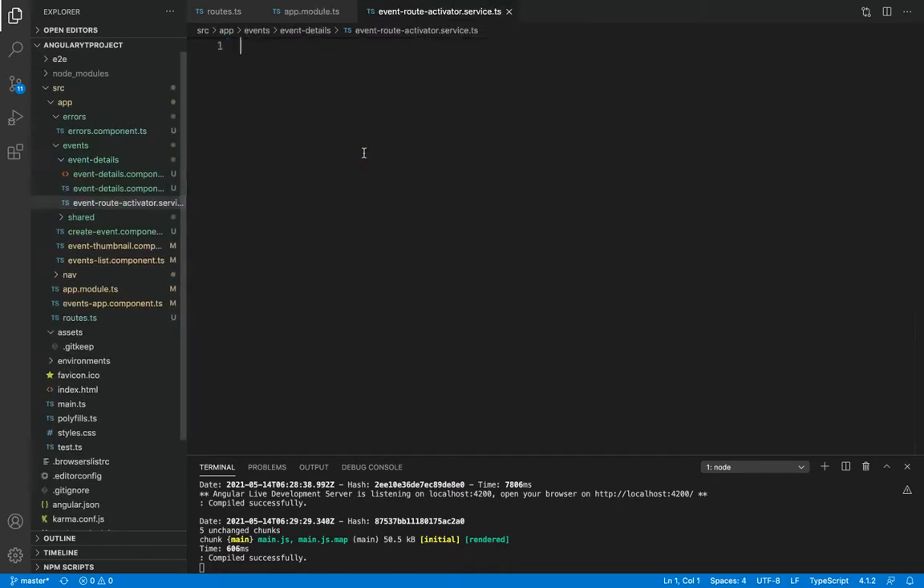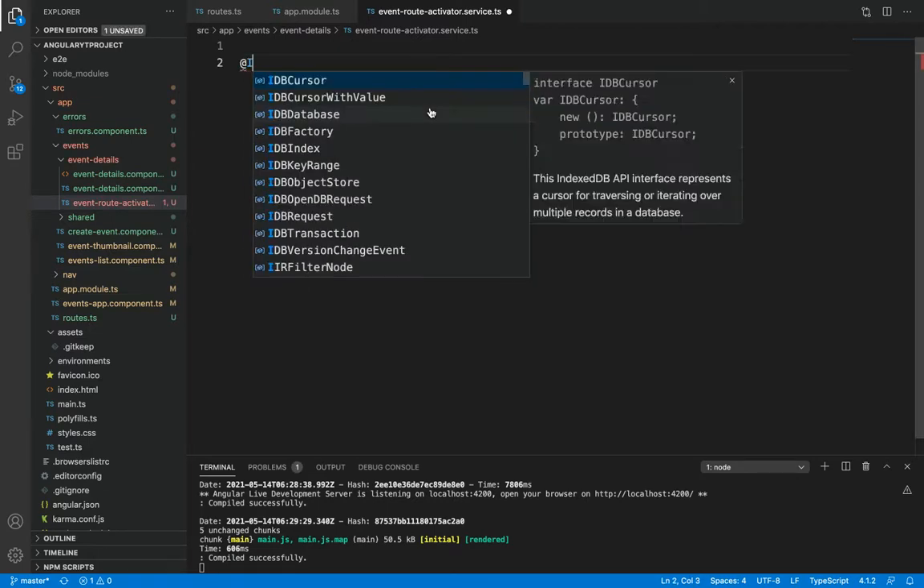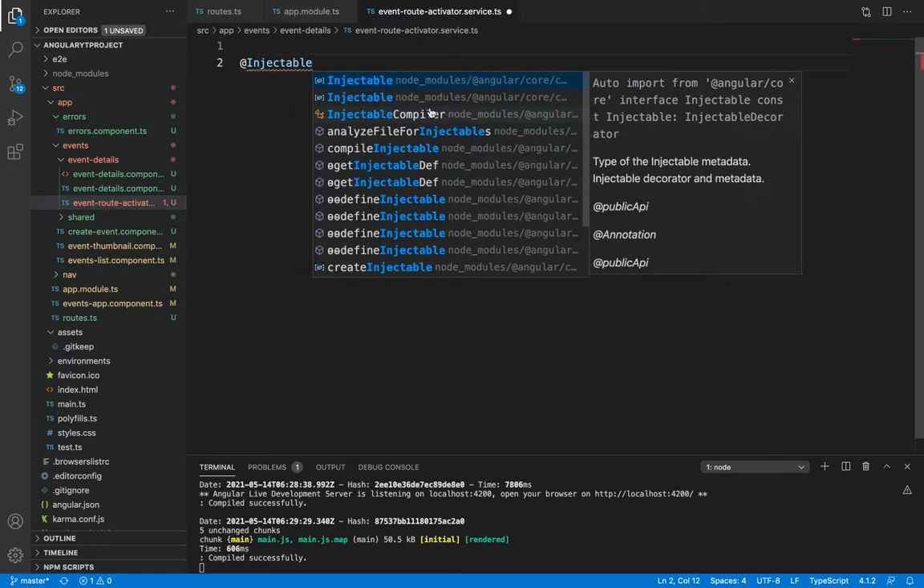service.ts. Since this is a service, we have to decorate it with @Injectable, because every service has to be decorated with @Injectable. I have already explained Angular services in my previous videos; you can watch the Angular services video in my series to understand more. Now let me skip that and continue to implement this. So first I'll decorate with @Injectable,